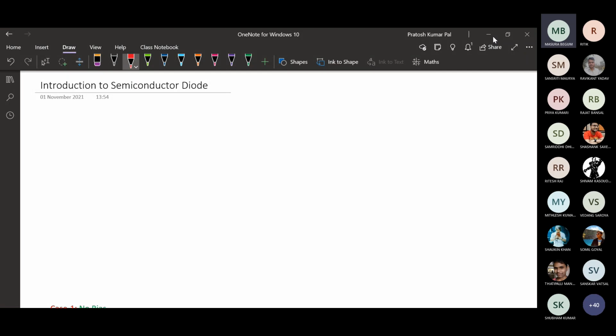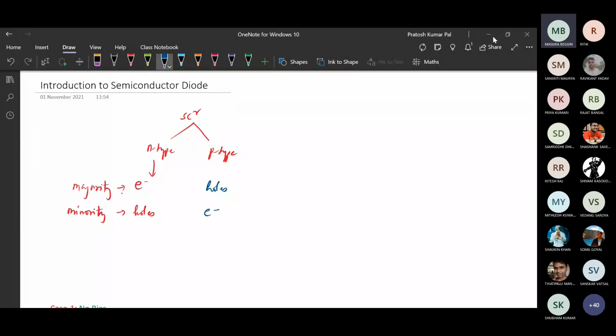Initially we have seen the semiconductors, that is n-type semiconductor and a p-type semiconductor. We have already seen what its composition is and what type of charge carriers it has in majority and minority. In n-type, electrons will be in majority and holes will be in minority. Similarly, in p-type semiconductors, holes will be in majority and electrons will be in minority.